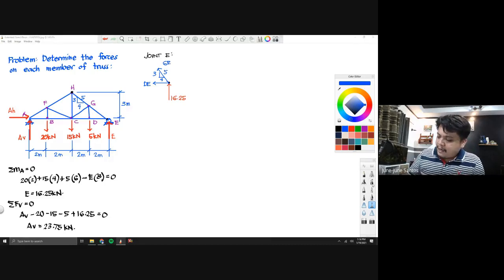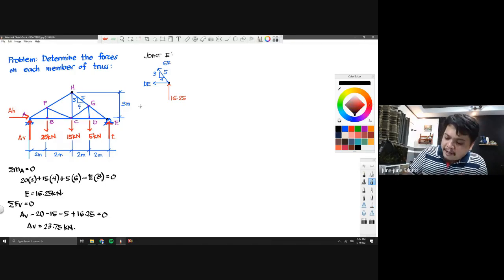So kapag meron ka na yan, pwede ka nang mag-summation forces vertical equal to 0. So you have here 16.25. Okay? Pataas, so you have plus vertical component of GE, 3 all over 5 of GE equal to 0. So you will get GE equal to